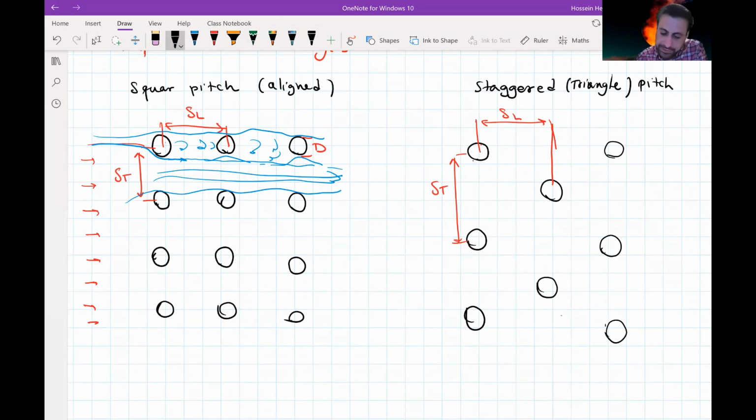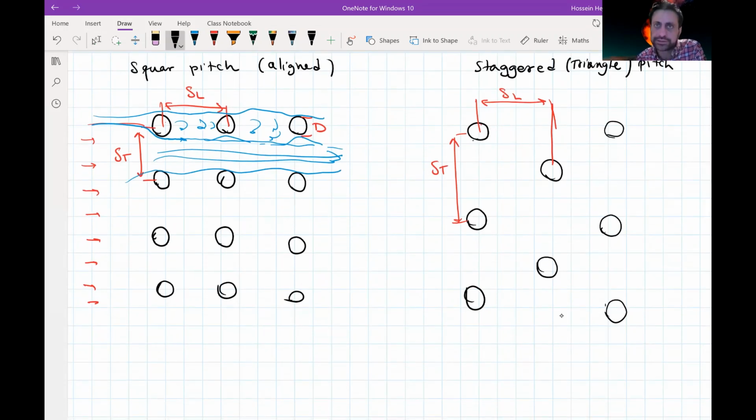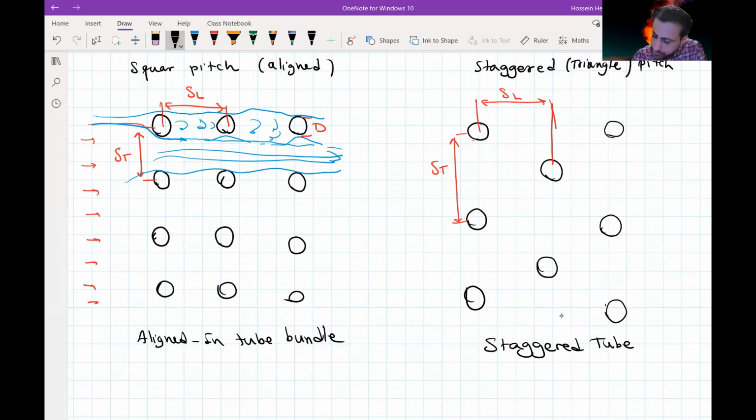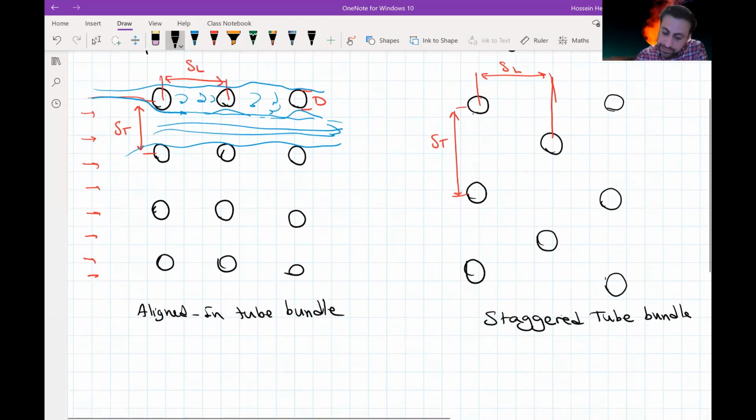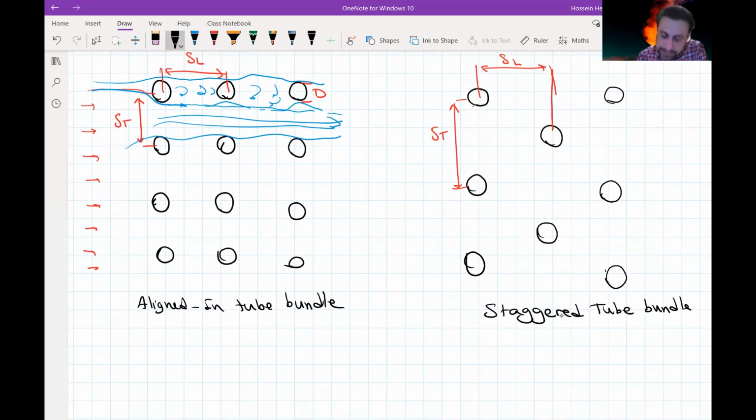So the first one is a square pitch, or what we call the aligned tube bundle, and the second is the staggered tube bundle. Now in the schematic that I'm drawing, just to emphasize,